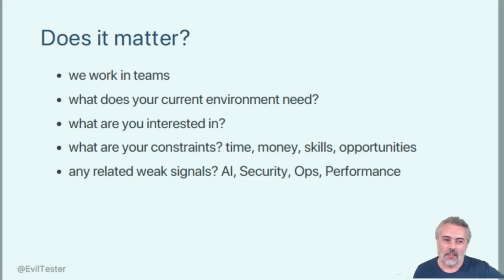Now, one of the interesting things for me is that a lot of security professionals do not know how to code. They know how to use tools, they understand technology, but they don't really know how to automate things. A lot of performance testers don't necessarily know how to automate things, but they understand the technology. There's other things like, how is AI going to impact us? I've no idea, because it's hyped up. But these are weak signals that we need to keep an eye on, rather than just continuing to pursue automation.